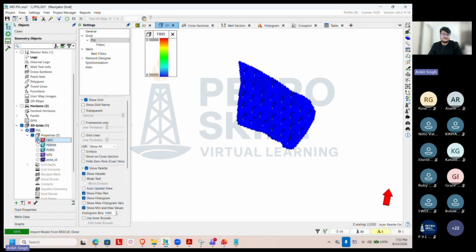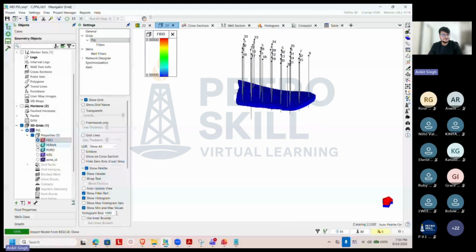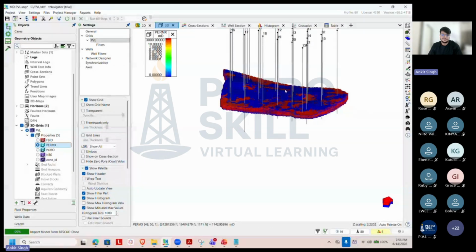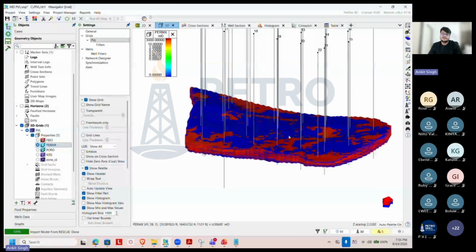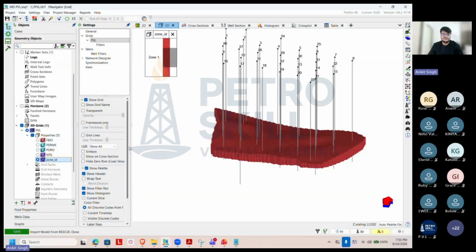What are they? FIVD, so it's basically a dummy property, like a zone setup. Then this is your PERMX, in the sense permeability in the X direction. Then you have obviously porosity and NTG and zone ID. Zone ID is nothing but, let's say if you have multiple zones in a single reservoir and they are somehow connected